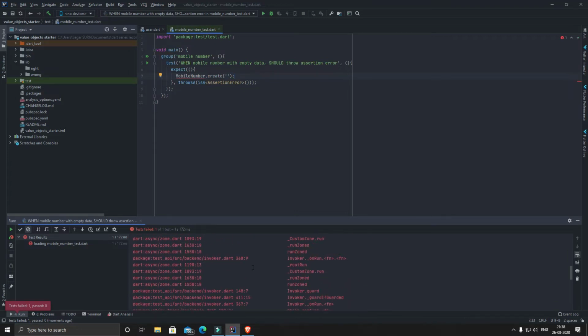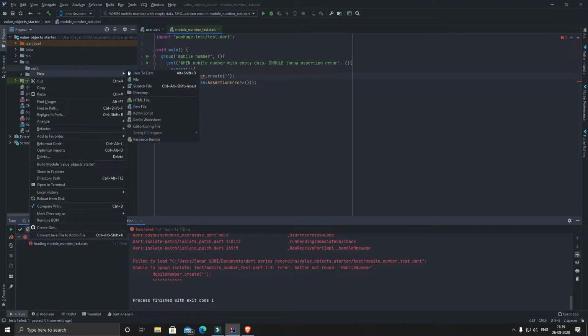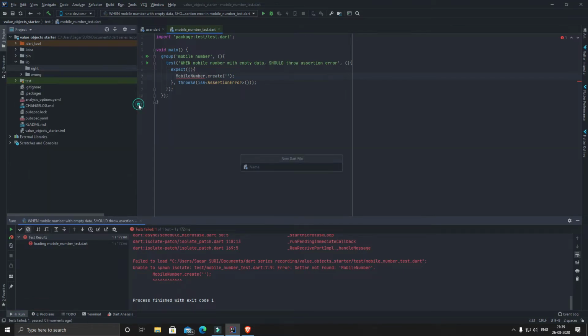So you can see we got some error saying that it's not found. So let's create it in the right directory, create a dart file, name it mobile number,